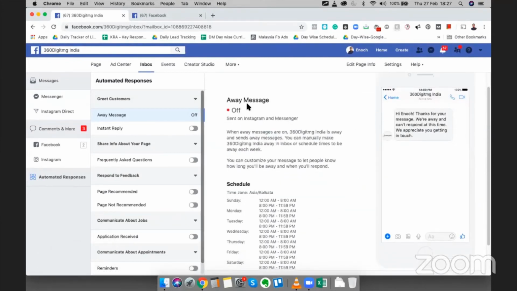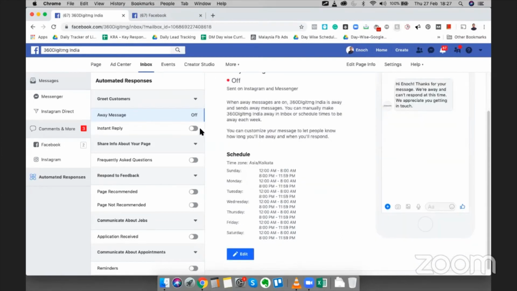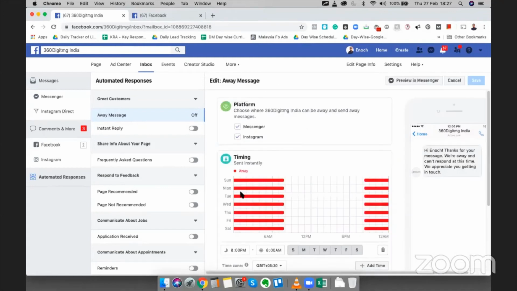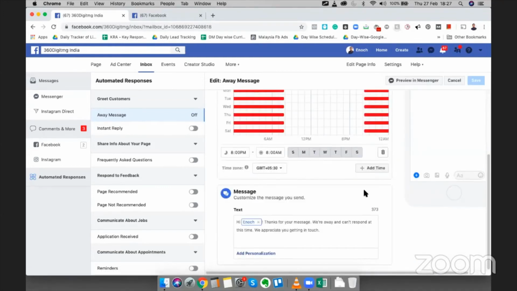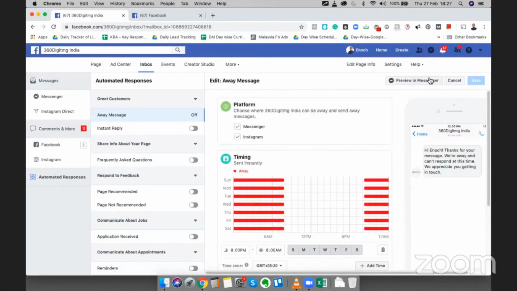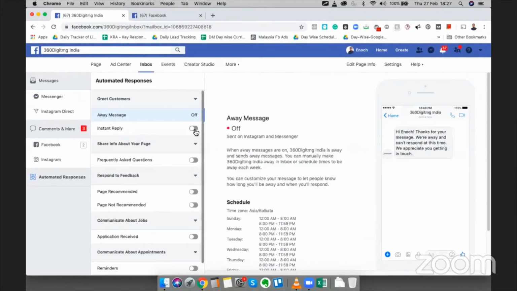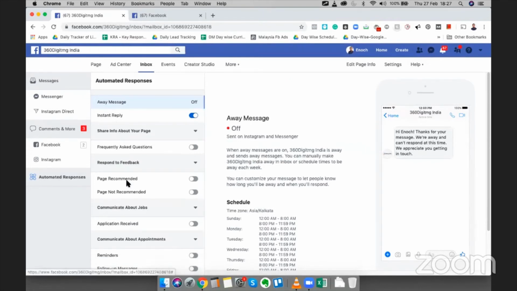Perfect. Now the away message is off, so we need to switch it on. So let's do it. Let's switch it on. Very interesting that it's not showing it as on.